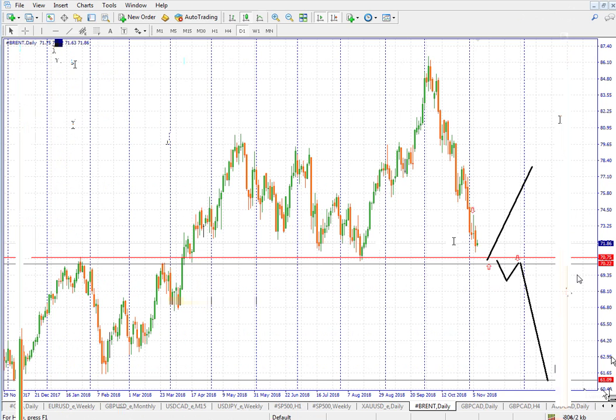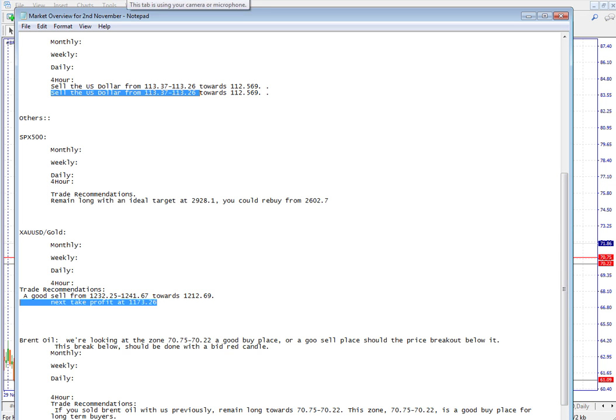This is a weekly resistance line. Then we also have USD/JPY, which we recommend a sell from some 4-hour level. And then we also have SP500, where we're looking at a good buy. And then we also looked at gold. We are placing a sell limit. And then we also looked at